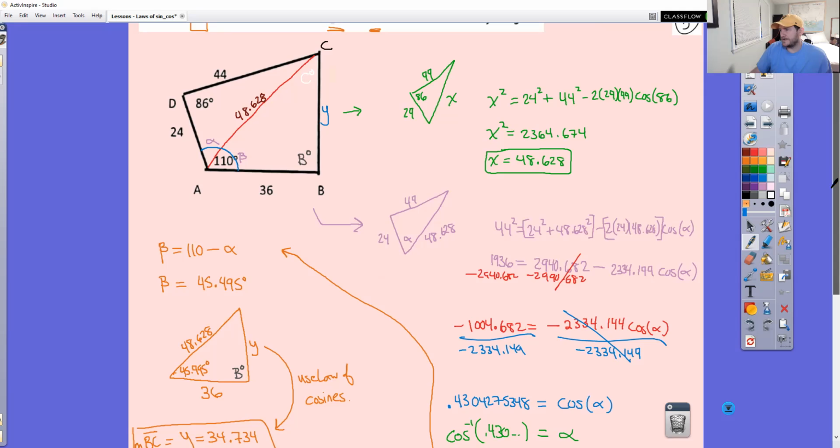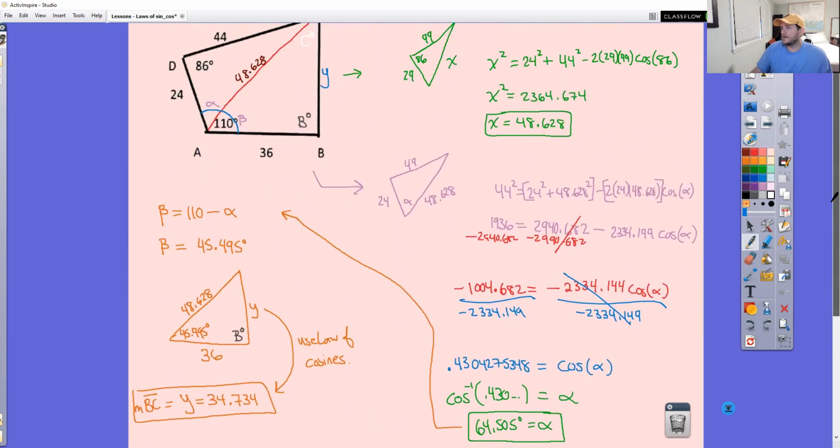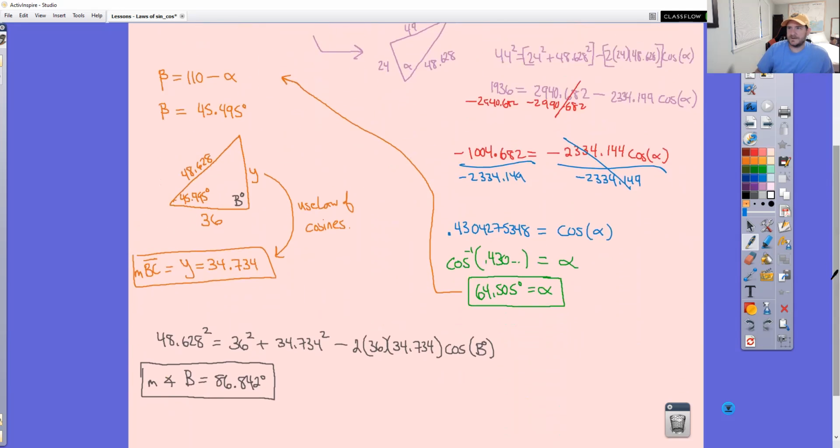So let's do that. Where's beta? Oh, beta's chilling right here. Okay, so here's beta, and here's B. So we know that the measure of angle C is just going to be 180 minus beta, 45.495